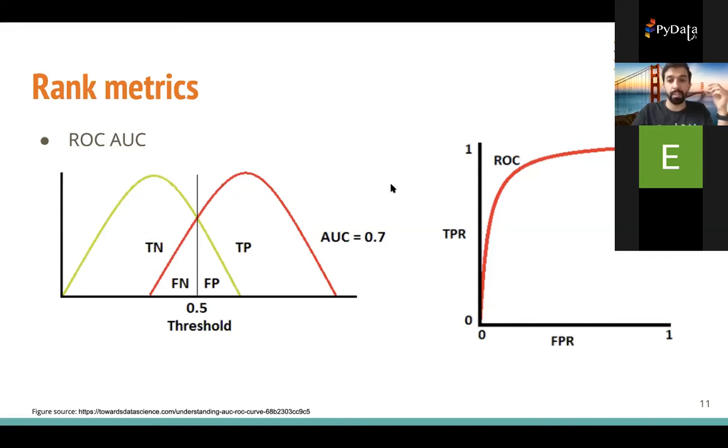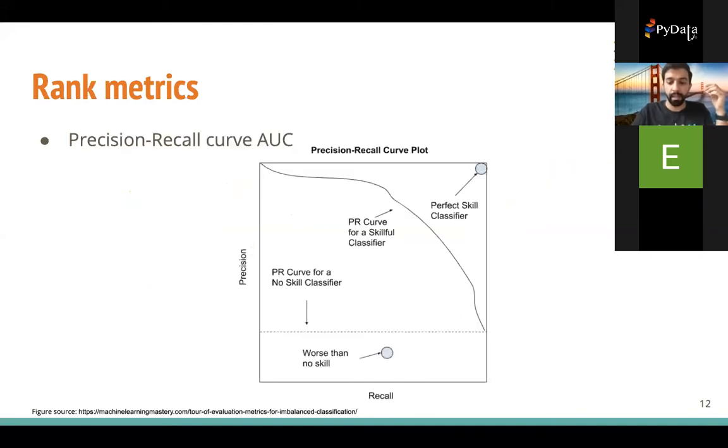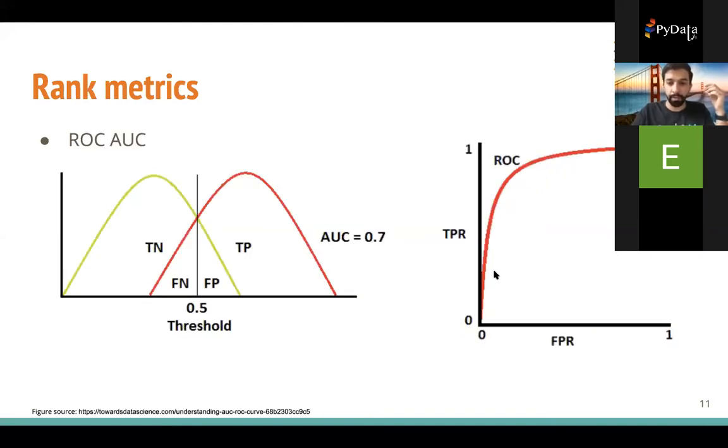So the ROC area under curve, the score for this, is basically computing the area under the curve. To summarize this in a number, we compute the area under this curve. And generally in imbalanced data sets, the score for this is going to be very high, and it's going to give a false notion of good performance. It's actually not, and we need to be very careful because the area under curve for ROC will just change very slightly for imbalanced data sets.